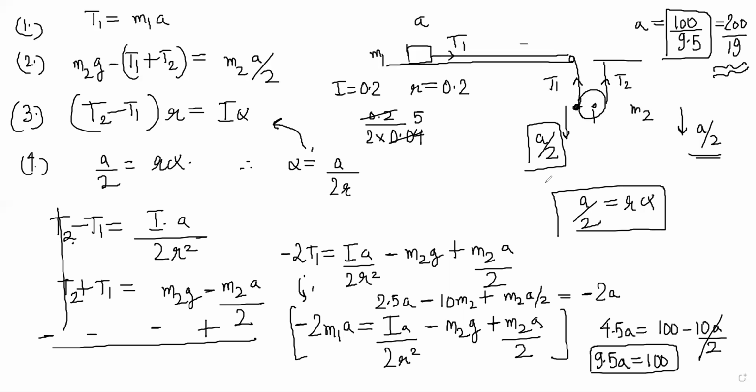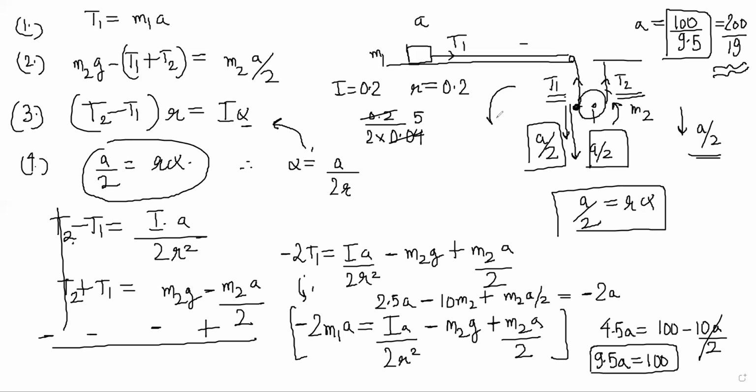So basically the mistake here was in this step where you have to connect the alpha to the R, and you have to notice the acceleration of this point was A by 2 and not A, right? So there you can go wrong, so you have to be careful about that. Other things are clear. Tension here should be different from this tension. This torque is predominating, this torque is turning it, right? It has to turn like this so that it is pulled forward. If it turns like this, opposite, then it will go up, right? You understand?